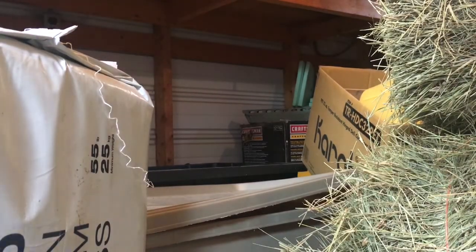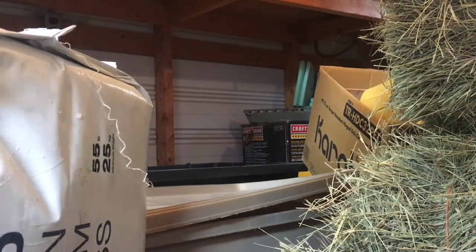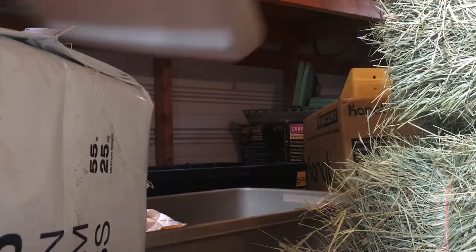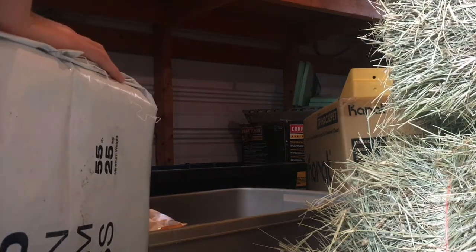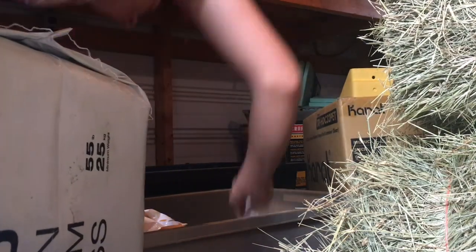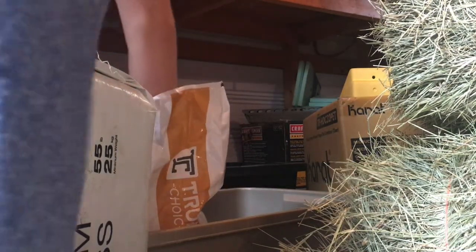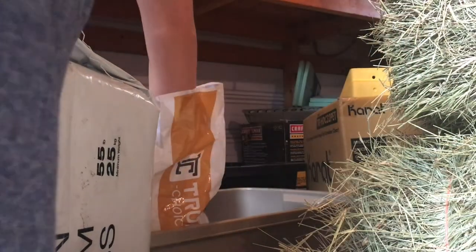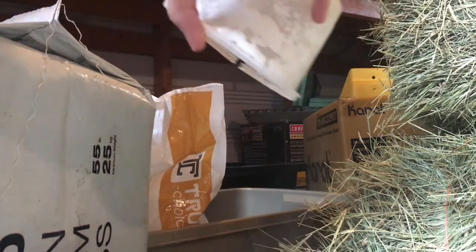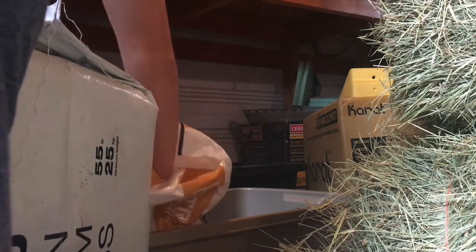Alright, I'm back, and I've got a little 5-gallon bucket here, and I'm going to feed the chickies. As you remember in the very first videos, we fed them by fermenting chicken feed. But the reason we stopped doing it, for now, is that we need a lot of buckets for that process, and we don't have that many buckets anymore